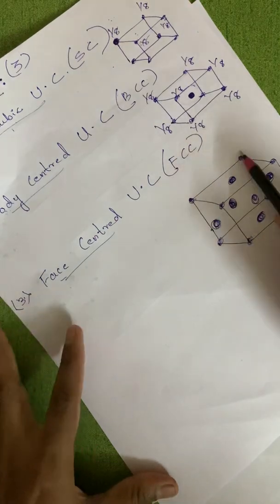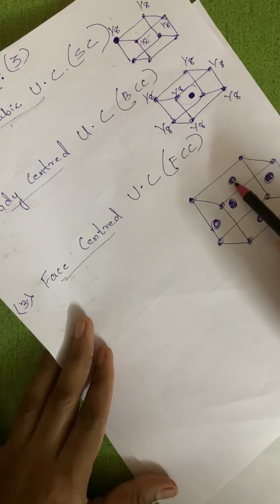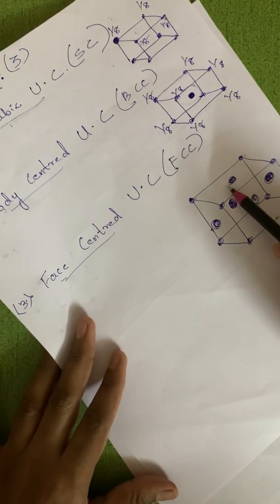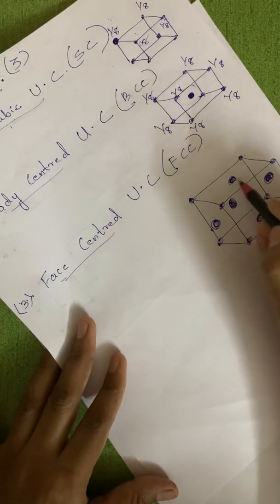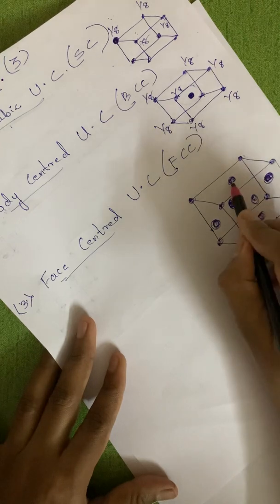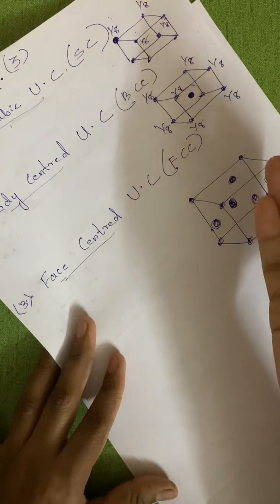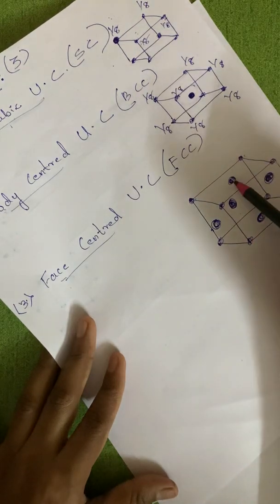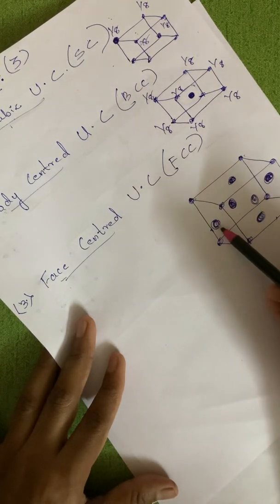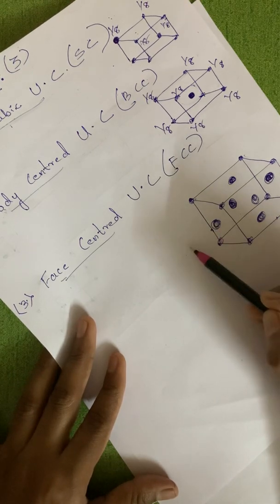Now in face centered cubic unit cell, in a similar way, we have 1/8 in 8 corners. Apart from that, in each of the faces, one constituent particle is there. This constituent particle in one of the faces is being shared by one more unit cell, which will be on top of this. If one more unit cell is there besides this, this constituent particle will be shared by that unit cell. So it will be nothing but what?